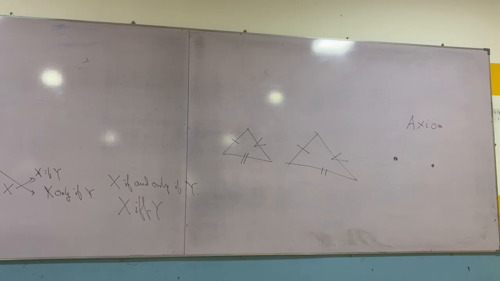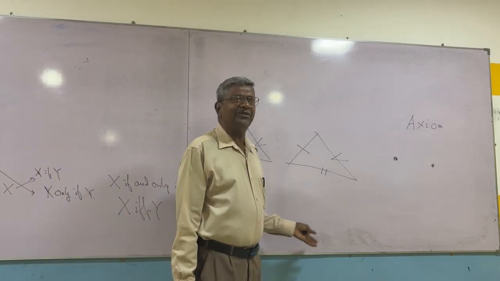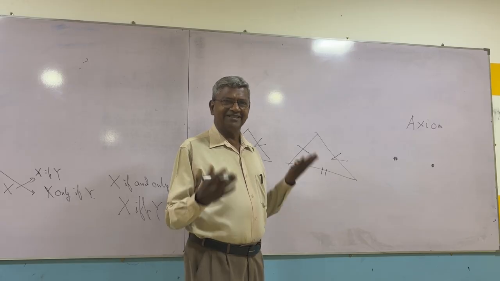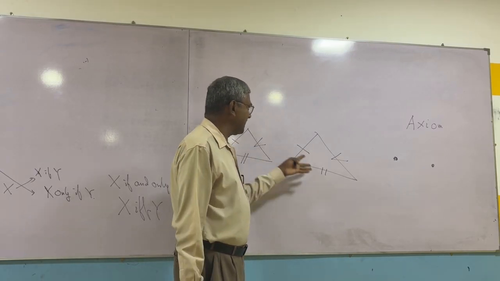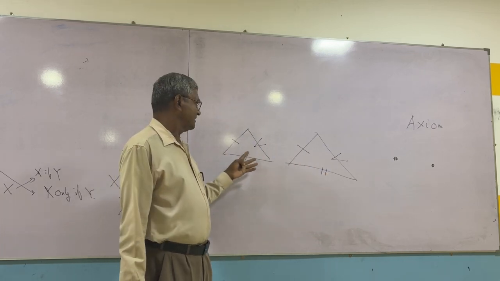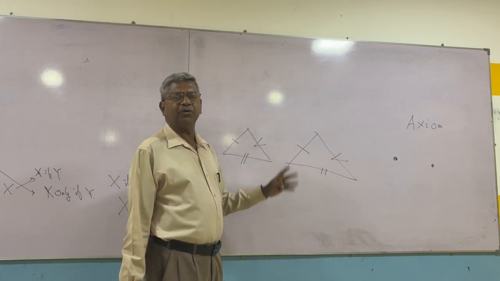Another one, if you take 3 distinct points, not collinear, not in the same line, there is a unique plane through these 3 points. That is another axiom in geometry. Like that, there are some axioms, I mean, nobody will argue about whether they are true or false. It is definitely true. Like that, there are some axioms, using those axioms, it can be proved,